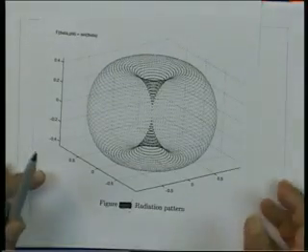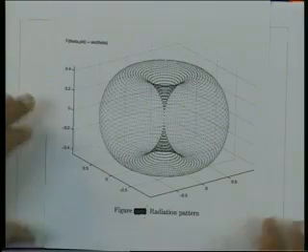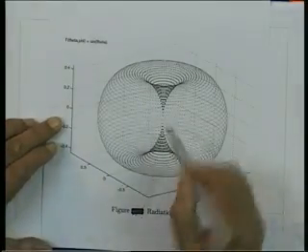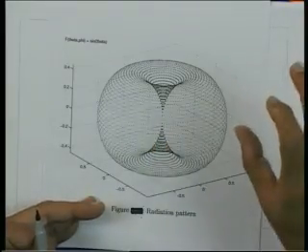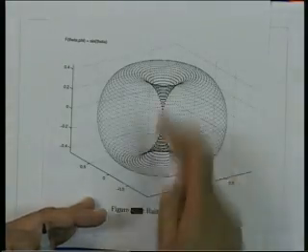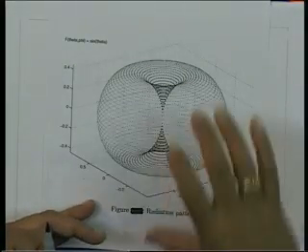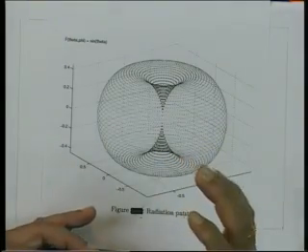So, here the antenna, its size and all that are not shown. What is shown is that the antenna is taken as a point, and the fields coming from that point have a variation sin theta. So, I plot the amplitude of the electric field as a function of theta and phi. I will create a surface which will look like that. This is something like an apple. So, the radiation pattern of the Hertz dipole is like an apple.